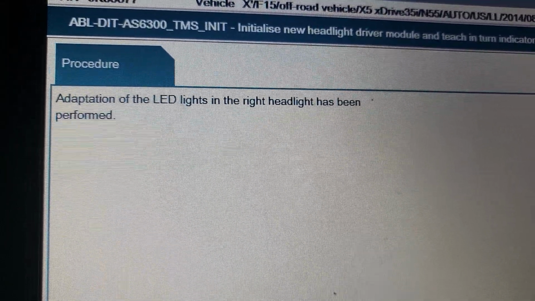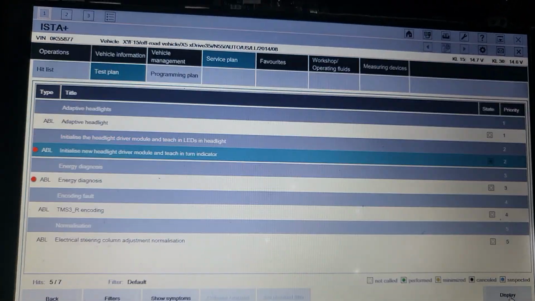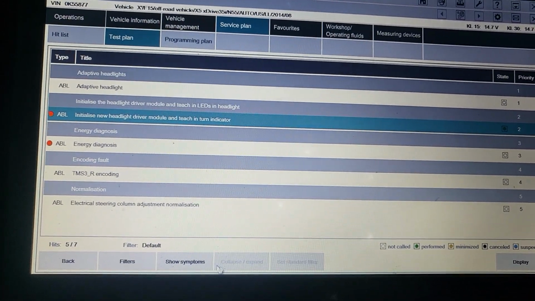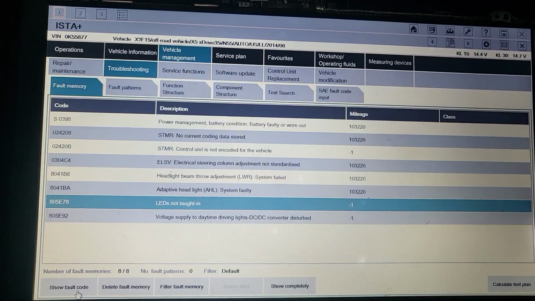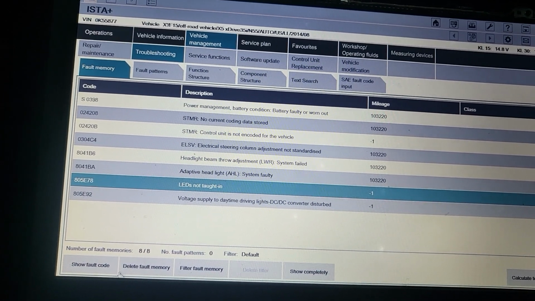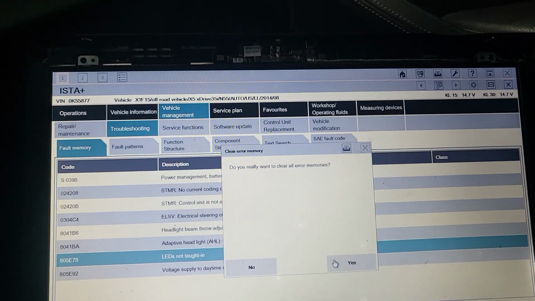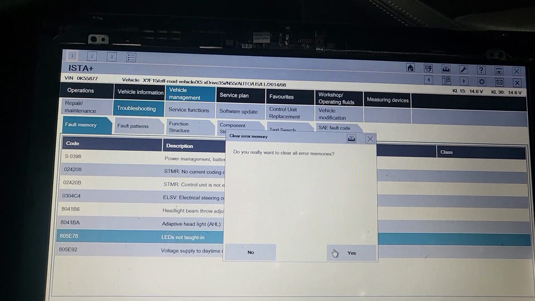You remember before the LED was not working. Service finished. That's good news. So that means even if it's not coded, it will work, right? Let me go back and see how many codes I have. Delete memories, and then I read it again. And I know now from here,